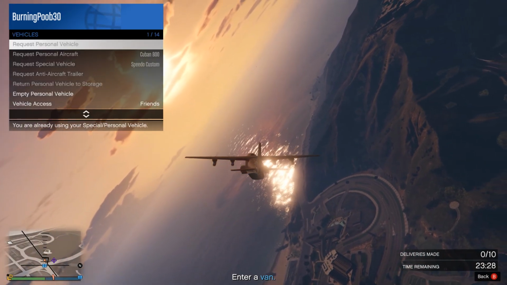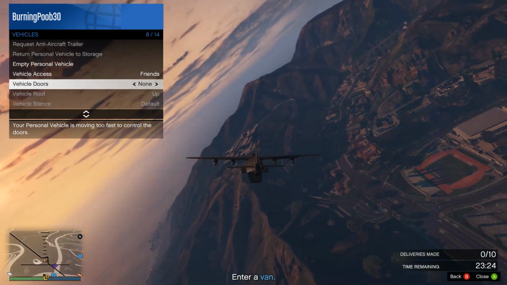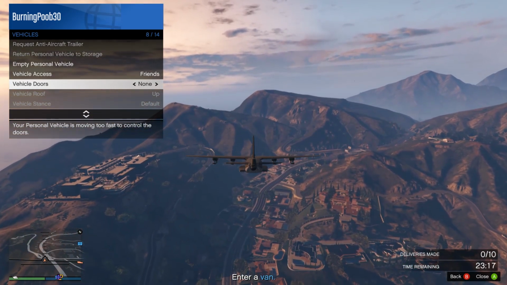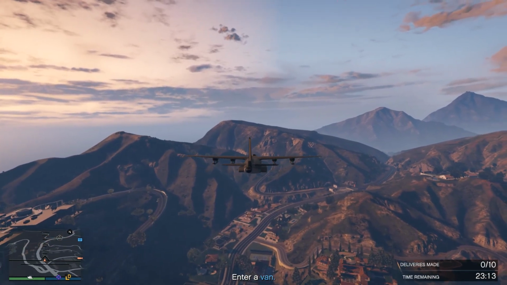Now we go to vehicles, and let's close that door if we can. Vehicle doors. None. Come on. Go up. Go up, door. Uh-oh. That's not going up. Well, hopefully we can close that door. You know what? That works. We can just smash it. All right. We're good so far. We are good. All we have to do now...